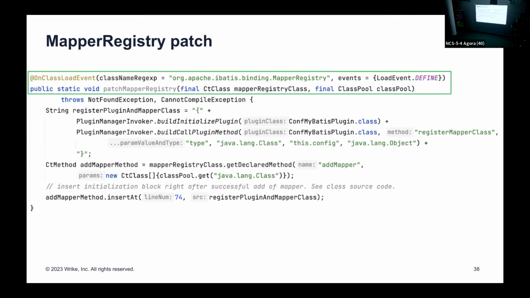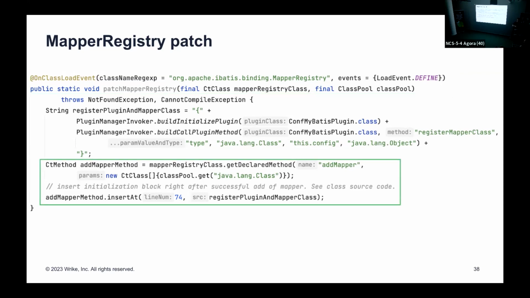And we receive two parameters. First one is the mapper registry class in terms of the Java Assist API, and the class pool. And then we use those parameters to get this add mapper method and then to insert our code